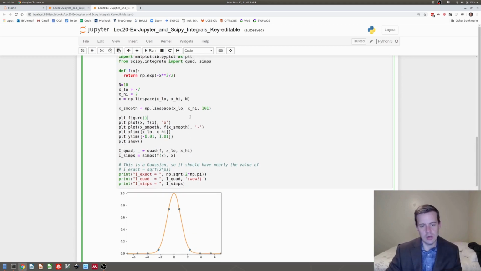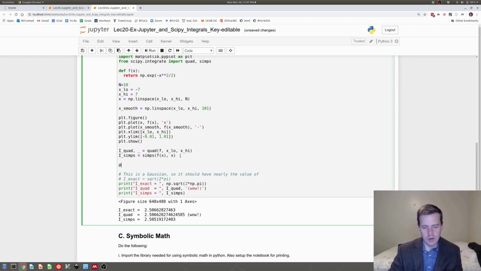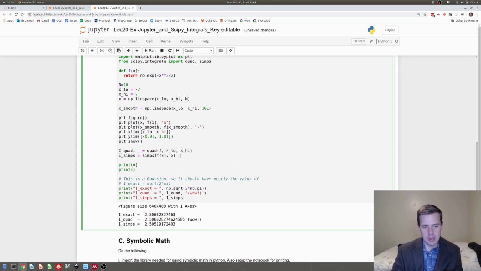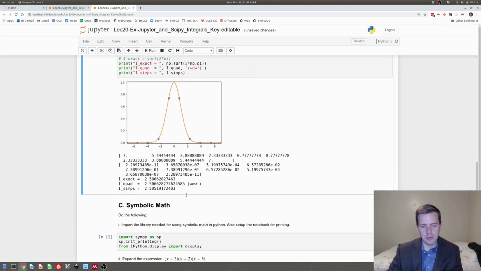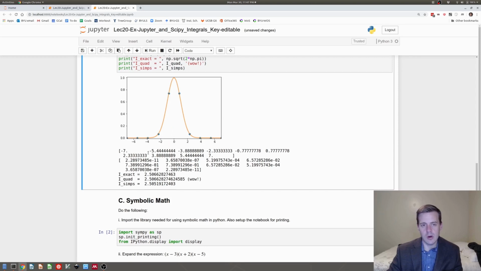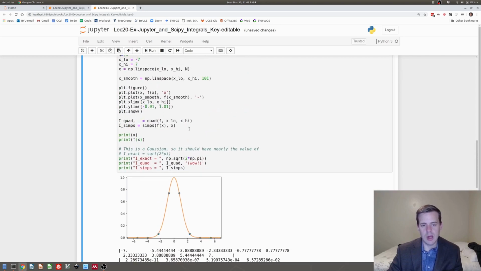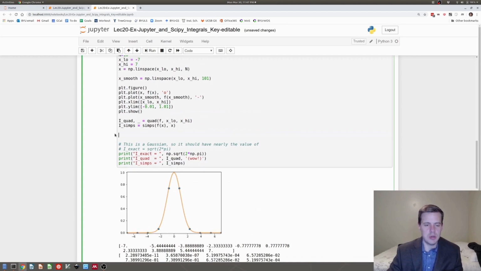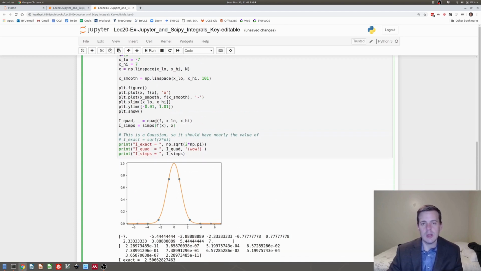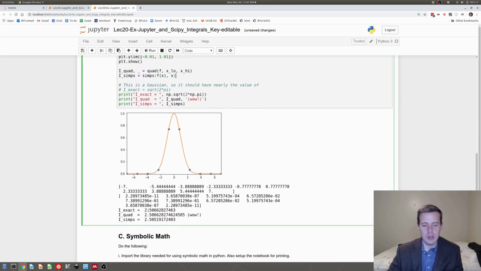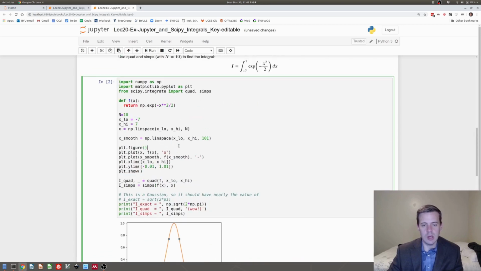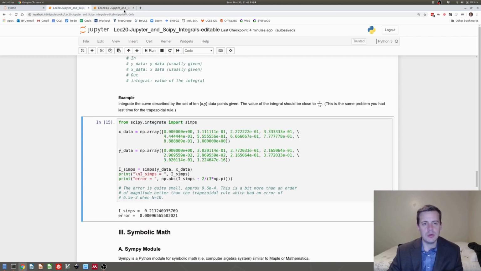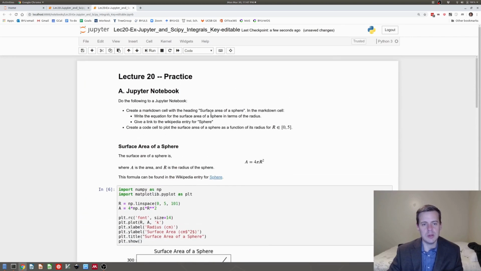So I can show you what that looks like, right? I know if I print x and I print f of x, look, that prints for me 2 arrays, all right? So now I can just plug those right into Simps. So if you're given a function, it's pretty easy to call the Simpson's rule function, but obviously, as you see in this example, the Gaussian quadrature method is way better. Okay, so that's an example. You should go around and play with this practice example